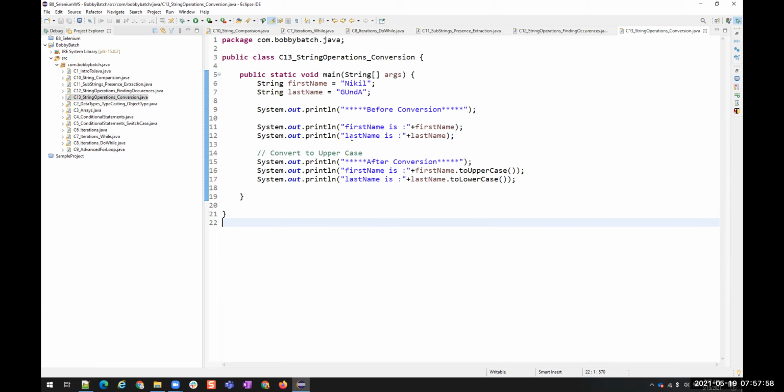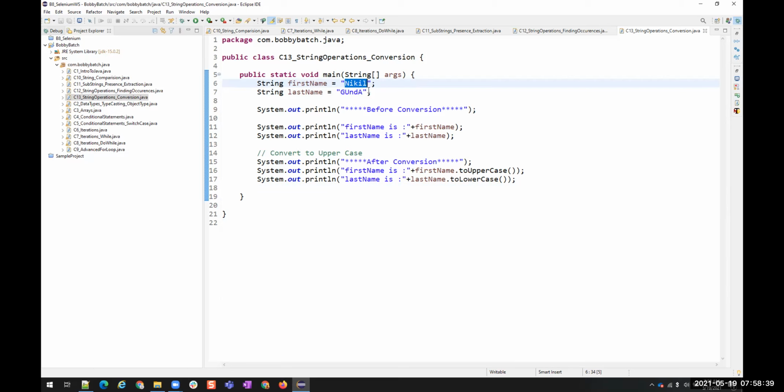So that's all. If you want to convert a lowercase string to uppercase or uppercase to lowercase, we use this conversion. But why do we need this? Suppose we want to compare two strings, and I don't want to see Nikil and the complete capitals NIKIL as different. Both are the same. So in that case, I'm going to convert both the values that I need to compare into either uppercase or lowercase, and then compare, so that it doesn't create any problem.